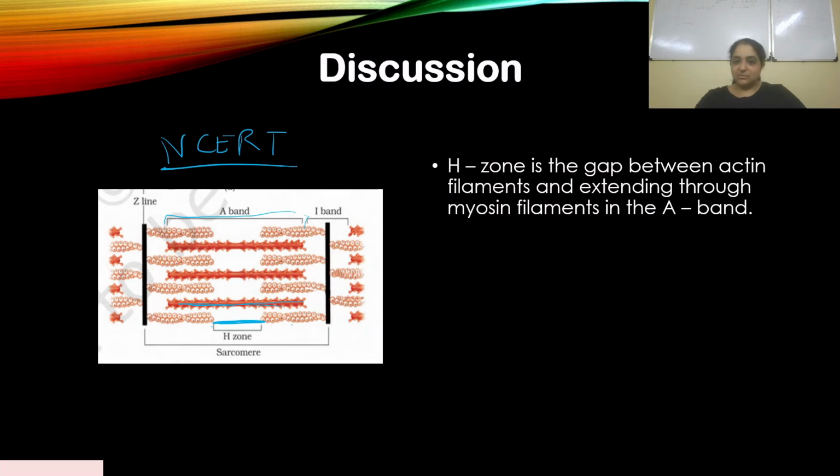Clearly, they were testing you on the structure of the sarcomere. So you need to know the structure of the sarcomere very, very carefully for your exam. They've asked a few questions related to the I band, A band, H zone. So I would suggest you clearly read NCERT because everything is mentioned there properly for your exam. Anything could come. I think this was a direct question. There's not much explanation required. You need to understand the anatomy of the muscle, the sarcomere. Next question.